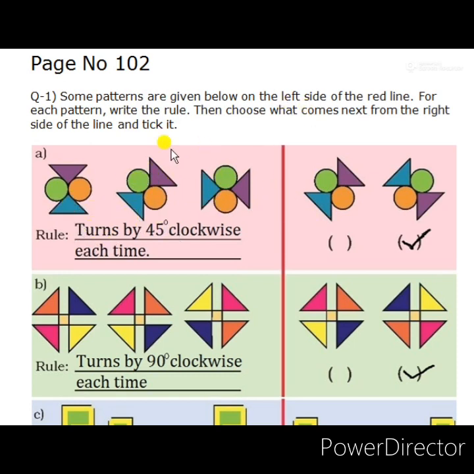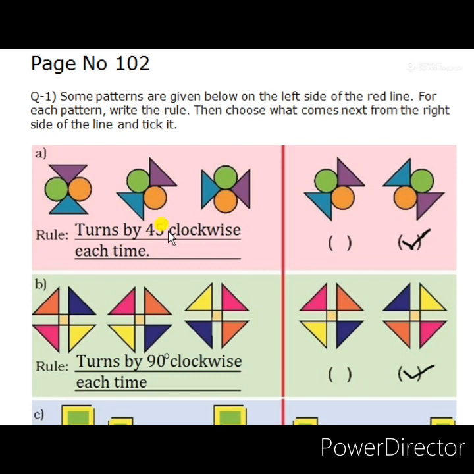On the left side of the red line, three patterns or figures are given. You have to observe these figures and work out what the next pattern will be. Continue to follow the rule given in this figure. Find out the correct position of these pictures, otherwise the correct pattern to follow this rule. And just below those patterns, two lines are given. Which rule is followed in these patterns, that we also have to find out. Students, last class we learned about 45-degree turn, 90-degree turn, 60-degree turn, 120-degree turn, and 180-degree turn also you